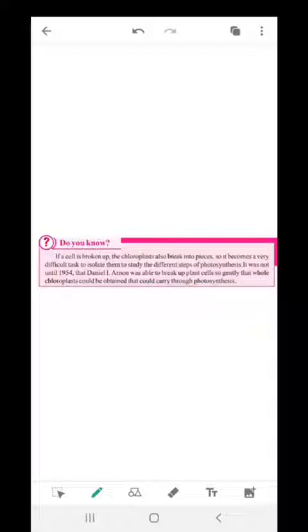And it is very important to know and study the 'Do you know' boxes also provided in our textbook, which carry marks in our exams. So in 1883, Julius Von Sachs clearly observed that chlorophyll pigment is present inside the cell organelle called chloroplast, and it is present within the cells, around 40 to 100. We have studied clearly about the structure of chloroplast in class 9th. Let us now study the transverse section of the leaf where the major amount of chloroplast is located, and let us study the detailed diagram of the TS of leaf.